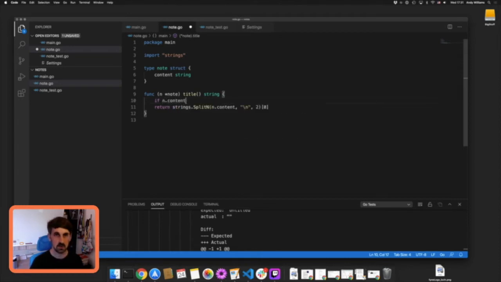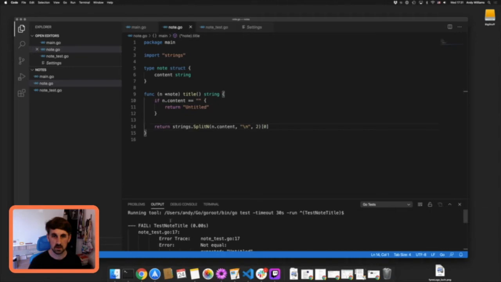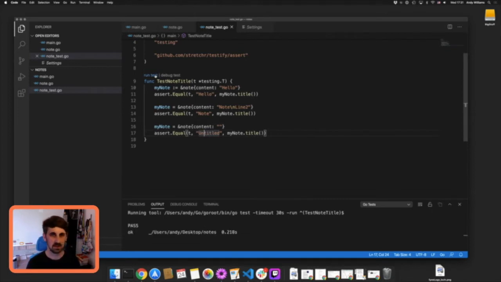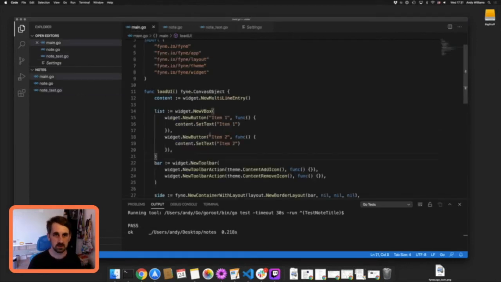So if content is the empty string, return untitled. And I'm sure there must be a rerun button, but I can't find it. One of those keyboard shortcuts I'm sure that I'll learn over time. There we go, that's all passing. That's pretty cool. So now that we know what a note is, let's go back to our user interface and